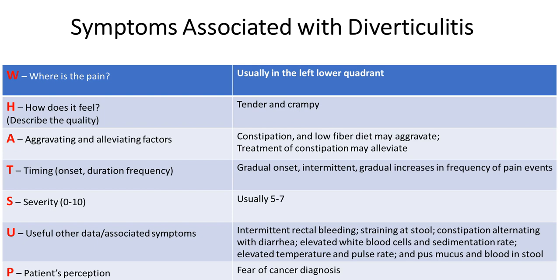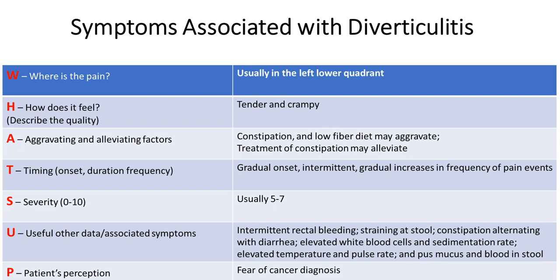Prevent constipation. The timing is, the onset is gradual. The pain comes and goes. They may rate it a 5 out of 7. They may complain of some rectal bleeding, straining, constipation, diarrhea. When you're drawing labs, elevated white blood cell count, letting you know that there's some kind of infectious